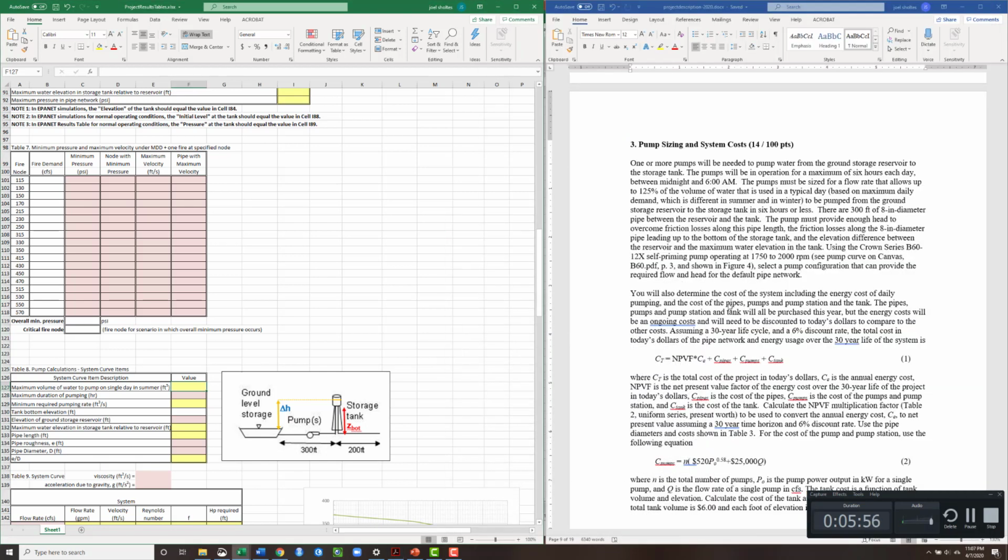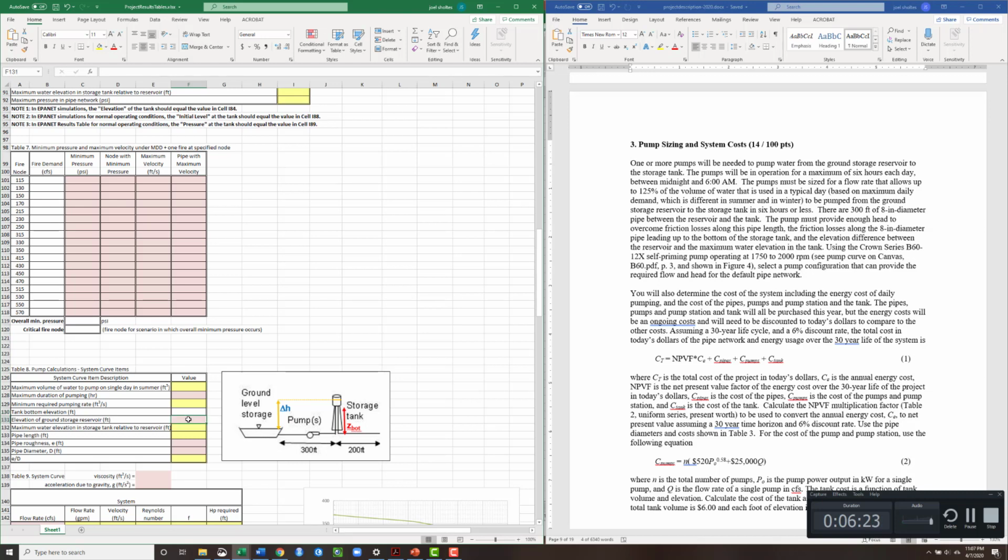And if we look at this situation, we need to be able to pump that over 6 hours. So that's between midnight and 6 a.m. Okay, so that's going to be the hours. And then this is going to be the flow rate that we need to deliver that volume of water over 6 hours. We've got our elevation of the tank bottom here that you figured out, elevation of the ground,